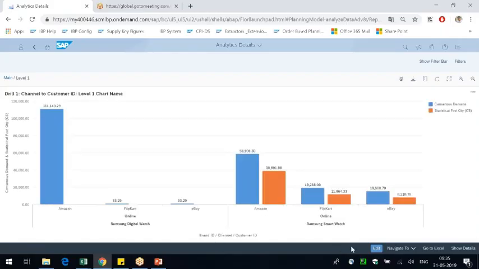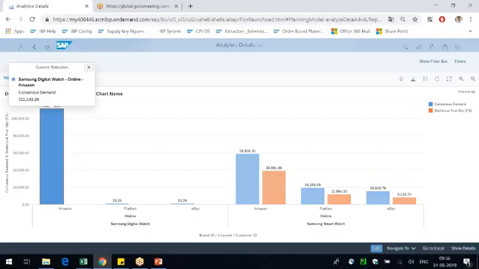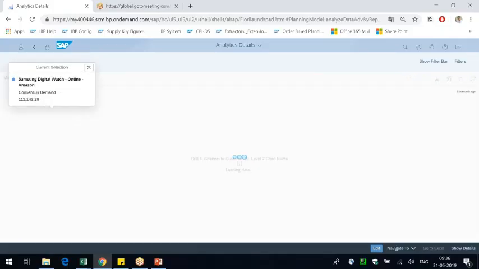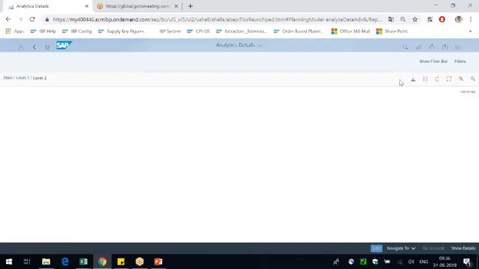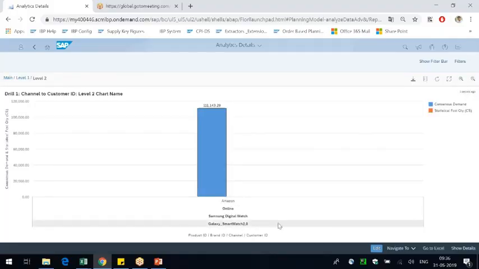It is showing me under the digital watch there are two, and then I pick this up, further drill down. There's only one. That's called Smartwatch 2.0. That's why it is showing only one, and then there is no data for statistical forecast quantity.